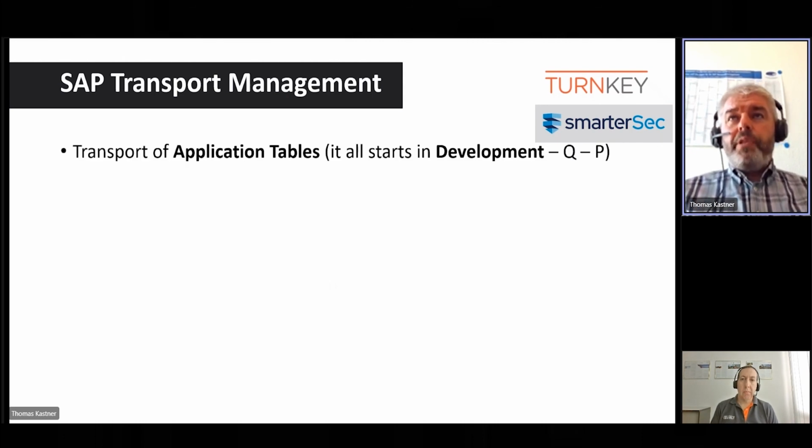So I'm fully enabled in your development environment, tracking all my changes in transport requests, and then transporting them from development to QA to production.